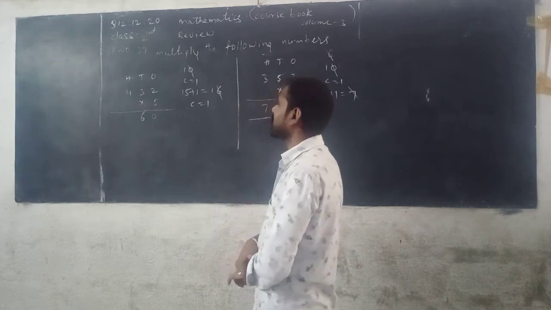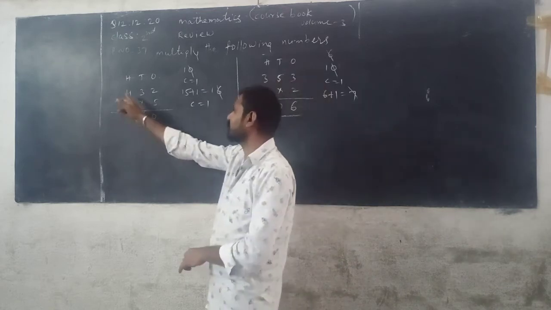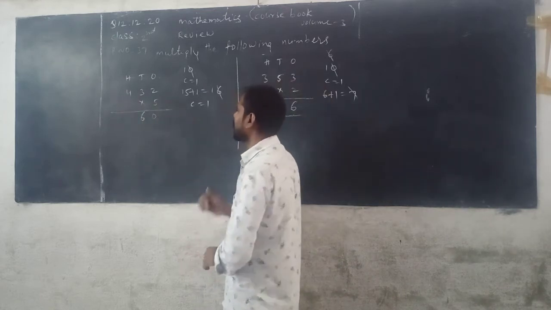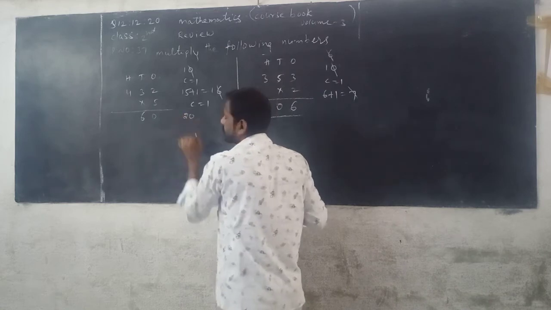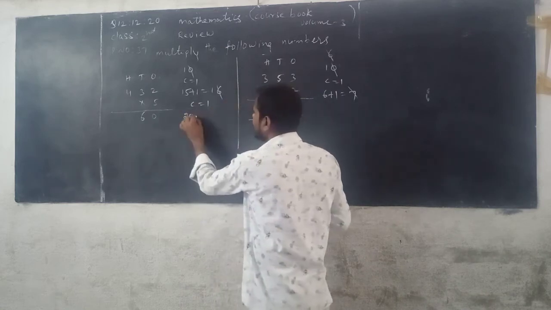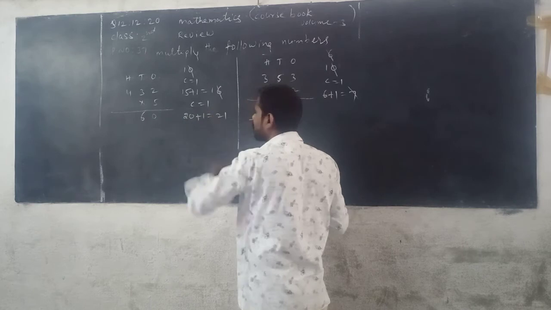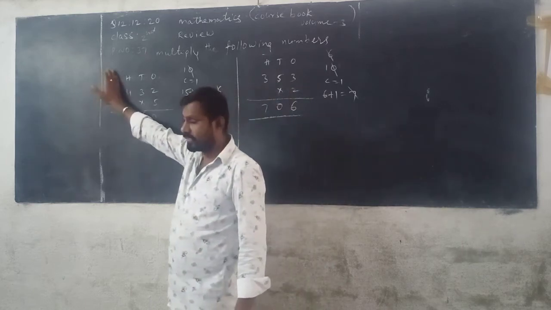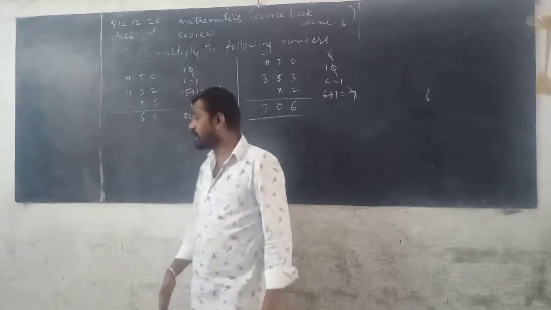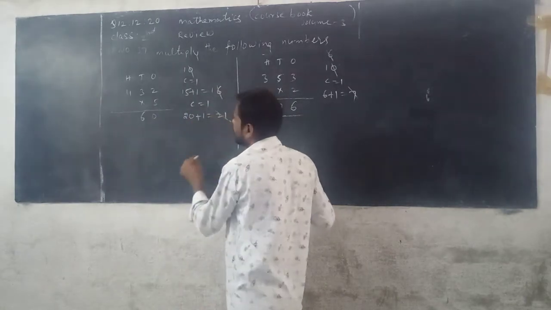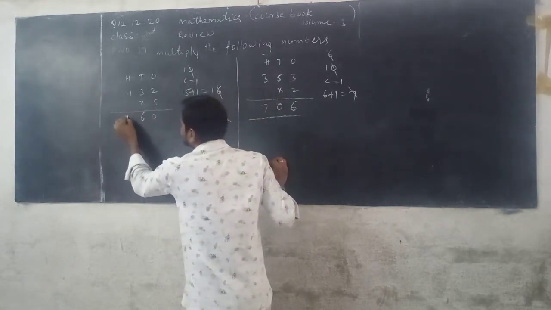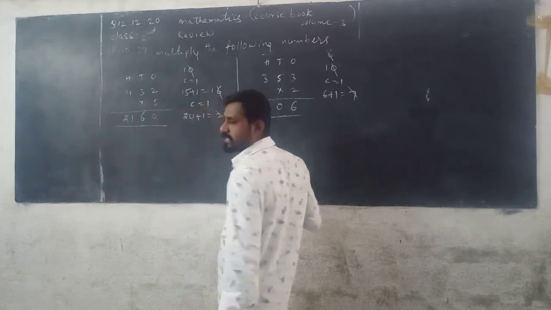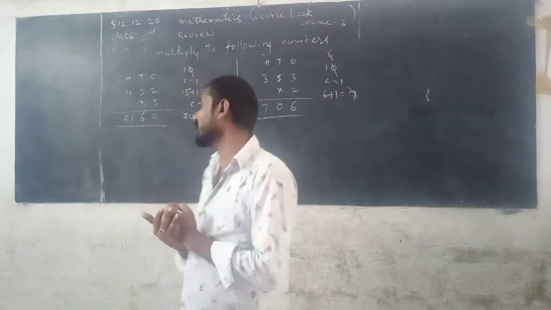Now next we multiply the digit in the hundreds place, that is 4. 4 with 5. Then you can read the 5 table. 5 fours are 20. See here. 1 is added to 20. 20 plus 1 you can get 21. So this is the last place of the given number. So there is no number. Then you can write 21 directly. Product is equal to 2160.